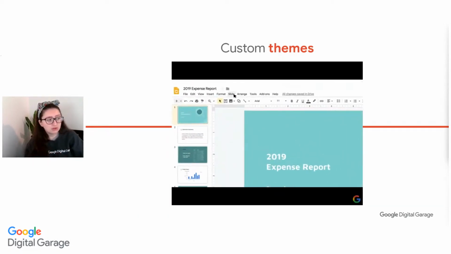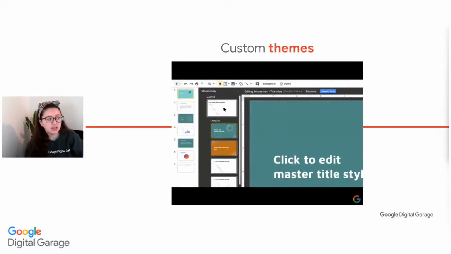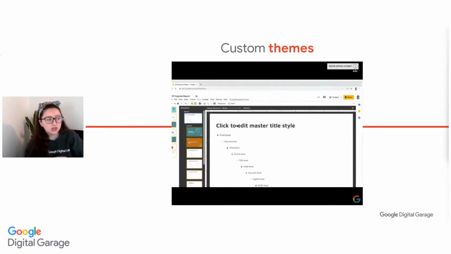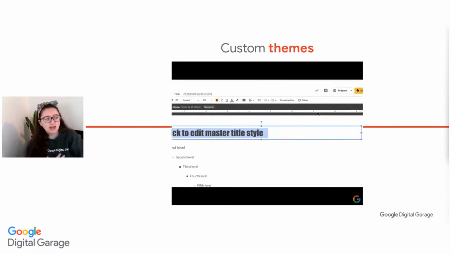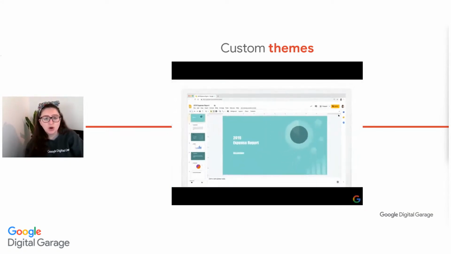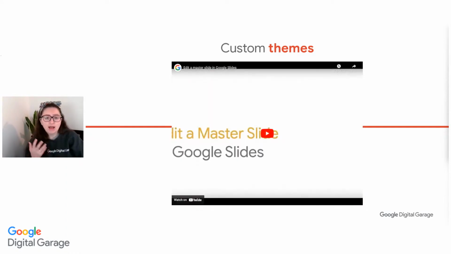So how to do that: you go to the slide menu, you go down to edit master, and that will bring up this page here. You want to go to that top master slide, choose the font that you want to change, so in this case the main headings, change the heading, so we're changing it to Impact, and then press that cross in the top right corner. Once you've done that, you'll then be able to see throughout that whole theme, that whole presentation, that every single main header has changed to the font that you changed in that master slide. So this is going to allow you to apply theme-wide changes nice and easily within that master slide.